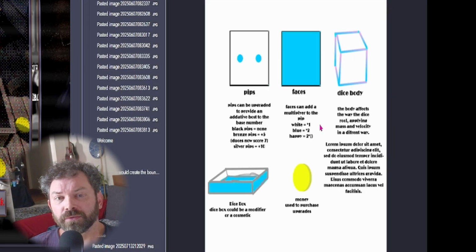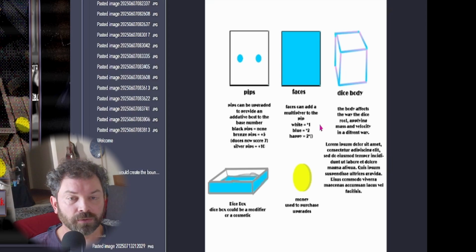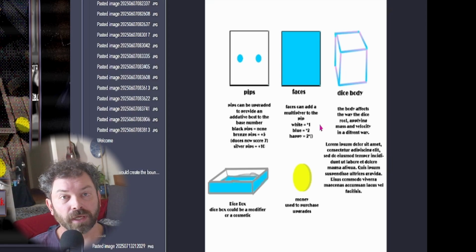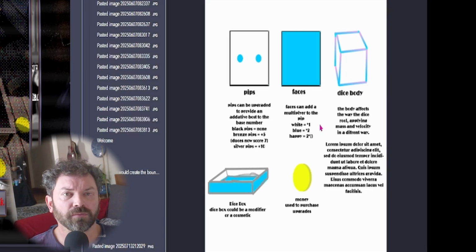And then just going through like what kind of things could we have, like is there enough there that we could build upon this. I was thinking, for additive things, straight addition to your damage, and then also if we do a money thing, they could be, hey, you get X amount of money for the pip you have, or whatever it is. The faces, basic multipliers, as well as trying to think of ways that we could make the